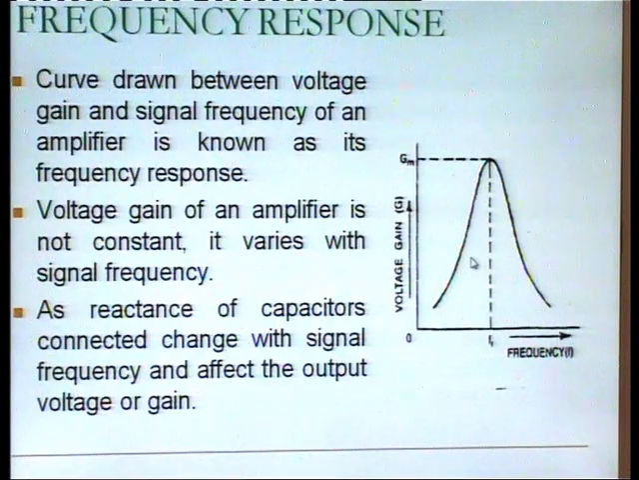It can also be understood by a simple formula. We all know that reactance Xc is equal to 1 by 2 pi f C, that is, they are inversely proportional. As the frequency increases, your reactance decreases, or vice versa. That is, if your reactance increases, your frequency